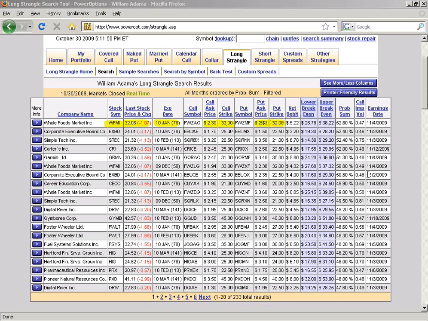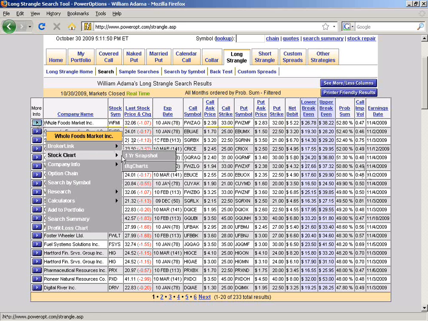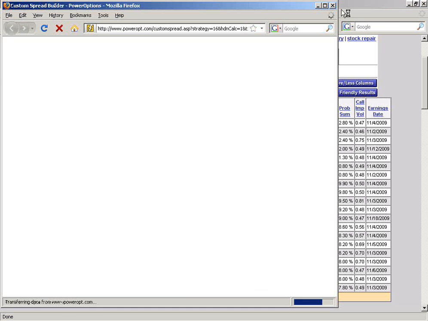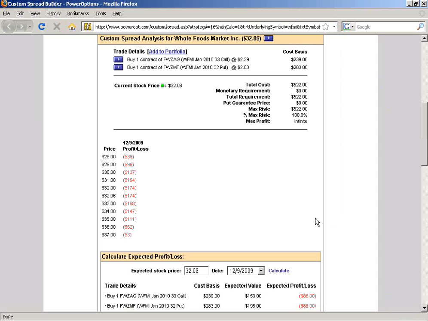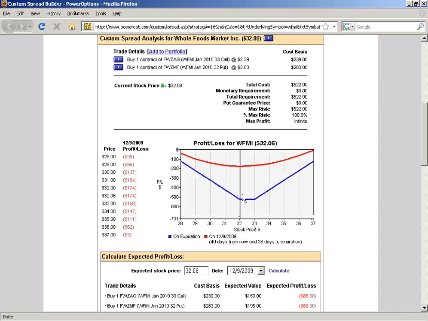A typical long strangle is reversed. I'm actually going to buy an out-of-the-money call and an out-of-the-money put. What we were just looking at was using an in-the-money call and an in-the-money put. Still technically a long strangle, but has similar risk-reward profile, but it's subtly different, using the in-the-money strangles compared to the out-of-the-money strangles. What I'm doing with a strangle is I'm expecting the stock to move up in price, but